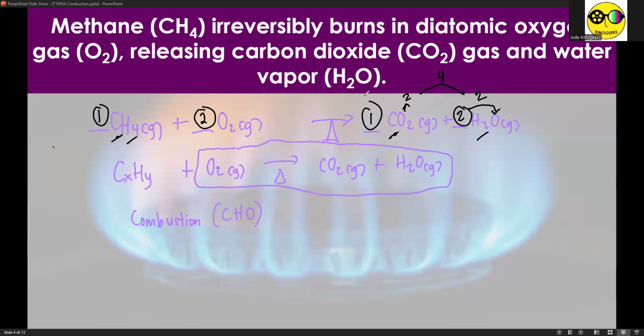Okay, so this one is the easiest. This one is probably the easiest combustion equation to balance because it is the simplest. It relies on the simplest alkane, which is methane. So what now is the effect if we have more than one carbon atom?